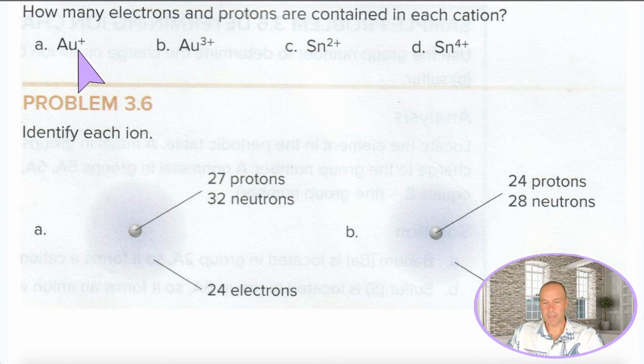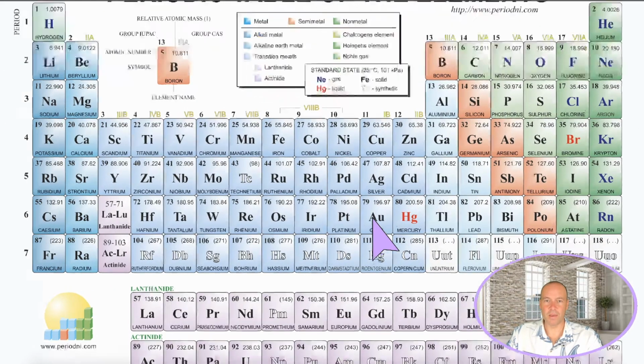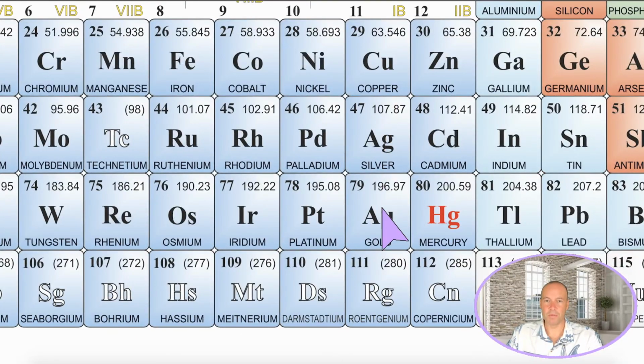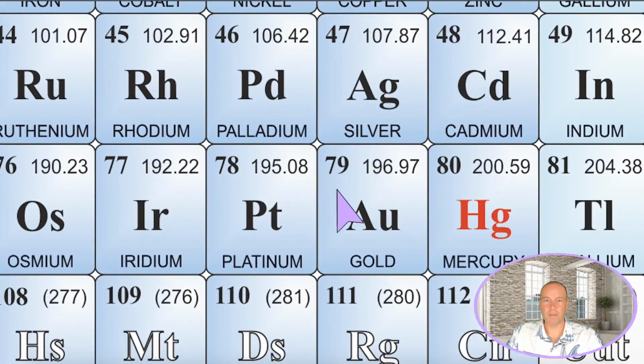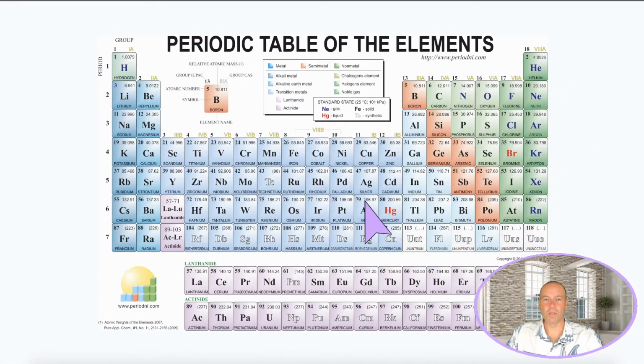Remember that Au is the element gold. Au, give me back my gold. So all you have to do is look up gold on the periodic table, and that will tell you how many protons it has, because the atomic number of gold is the number of protons, and then its charge will help you determine the electrons. So let's see how this is done. Where is gold? Gold is right there in the copper, silver, gold column. Gold is element number 79. So gold atoms have 79 protons,